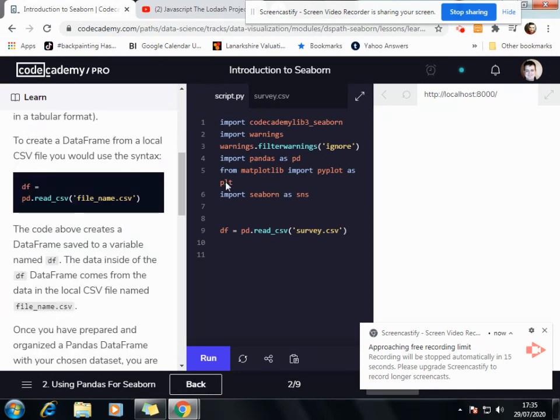To create a data frame from a local CSV, you would use the syntax df, whatever the name of the data frame is, equals pd.read_csv and then read the file in. The code above creates a data frame saved to a variable named df. The data inside of the data frame comes from the data in the local